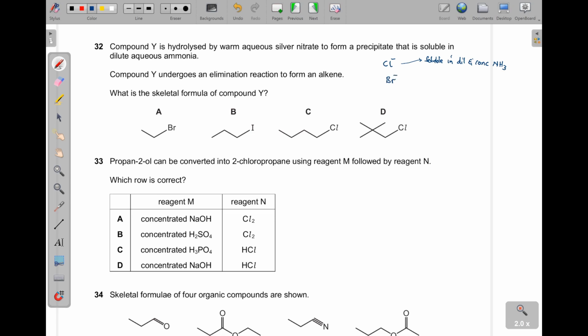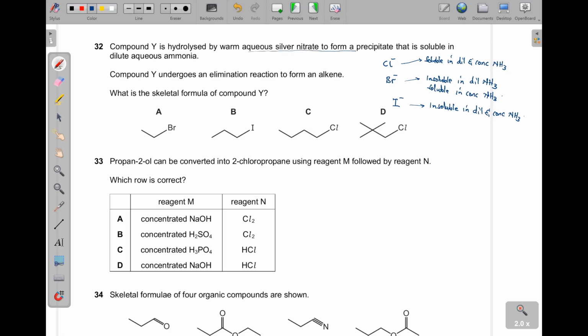Then the bromides are insoluble in dilute ammonia, but soluble in concentrated ammonia. Then we have iodides. For them, they are insoluble in dilute and concentrated ammonia. Okay, so since they said that